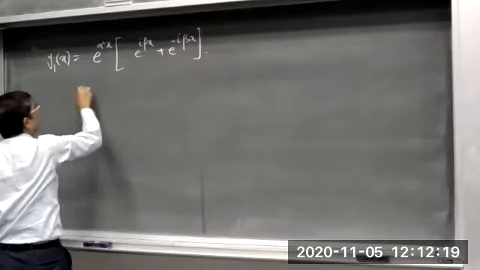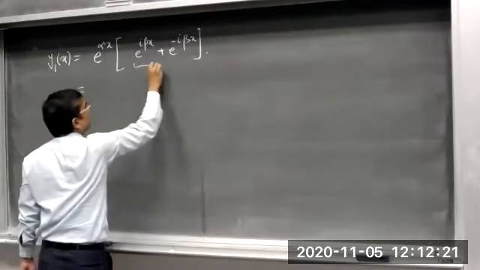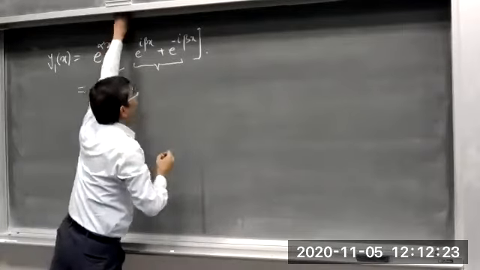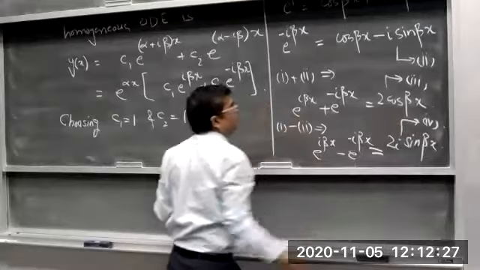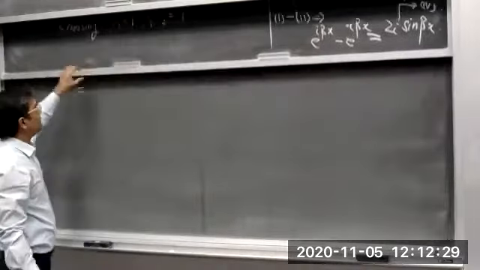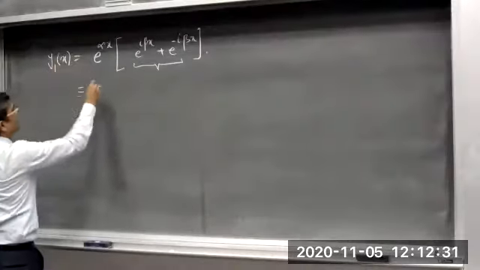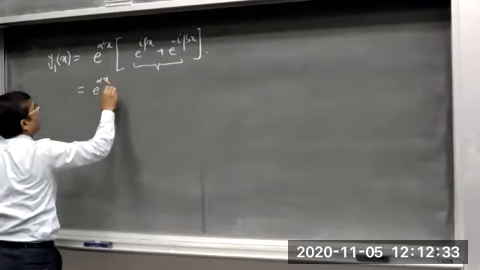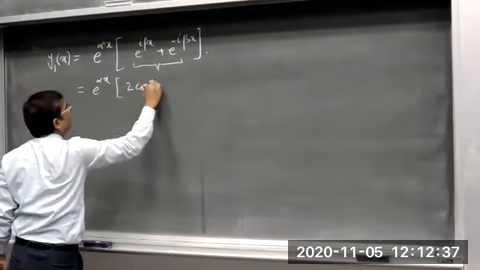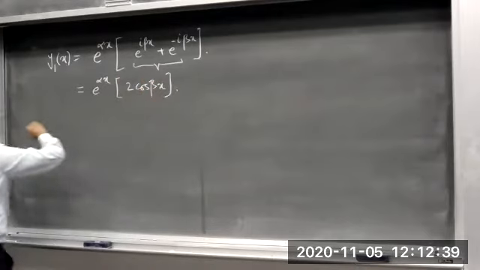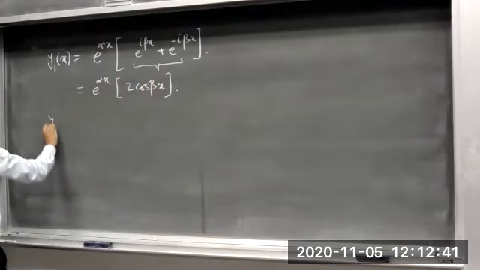Okay. And from here, we can write this thing is equal to what? By using equation 3, this thing is equal to 2 cosine of beta x. So the solution will become e raised power alpha x times 2 cosine of beta x. This is the first solution. The second solution,